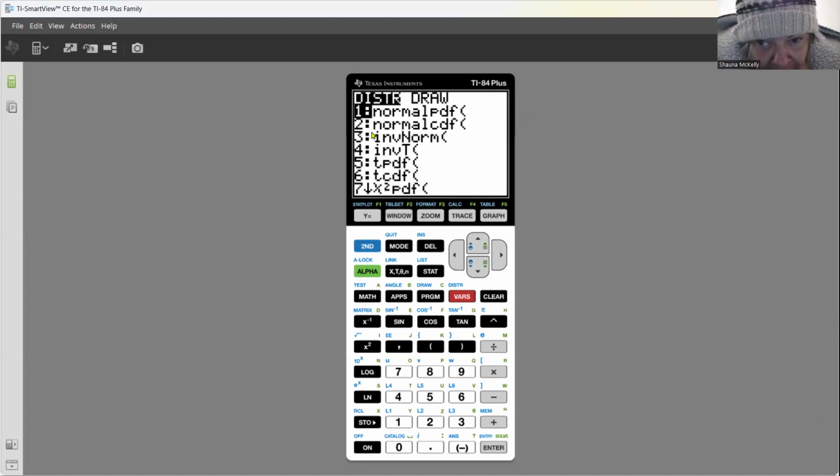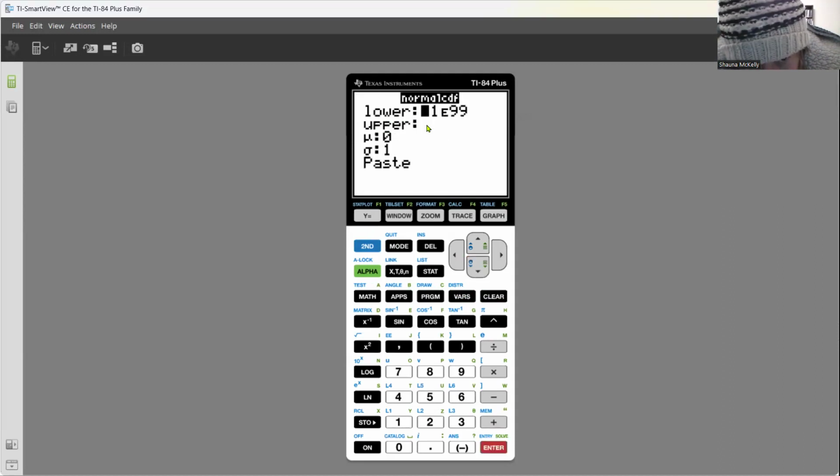On this screen, you have normal PDF and you have normal CDF. I want you to choose number 2, normal CDF, cumulative distribution function. Your lower boundary for this example is the left one, which is negative 2.14. Notice that when I enter the negative, I use the toggle minus next to the enter key, not